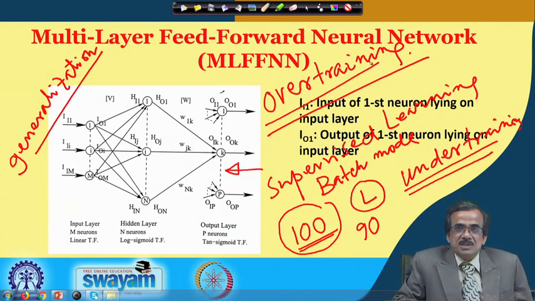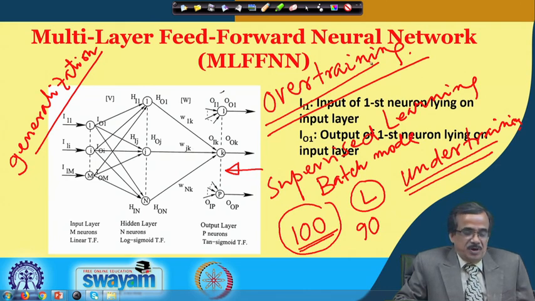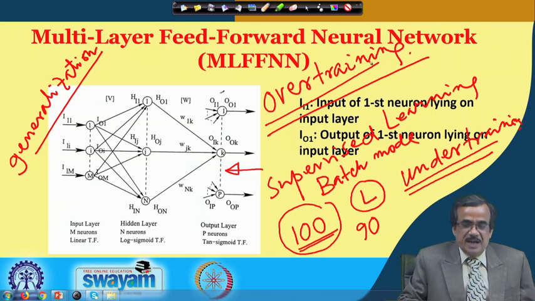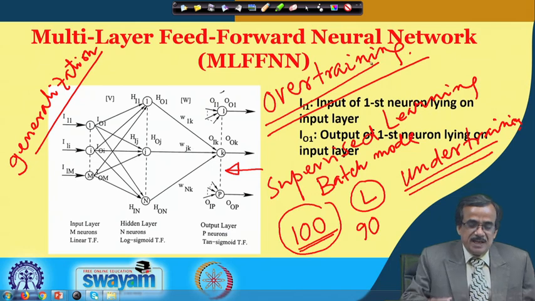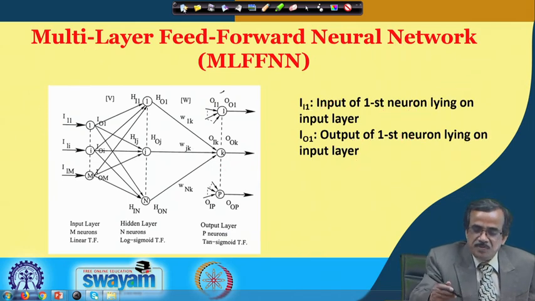In other words, we should go for a perfect training of this network. Now, supposing that we have selected the required number of training scenarios for carrying out the batch mode of training, and while carrying out this batch mode of training,